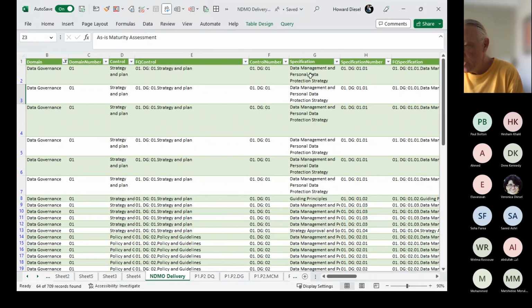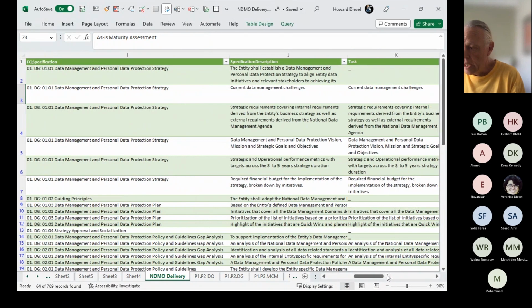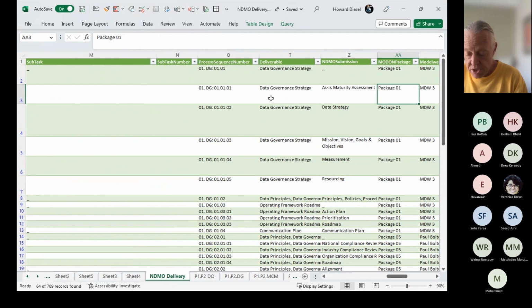These are all the specifications. So you can see this is control 1, specification 1, and it's called data management and personal data protection strategy. That's the specification they have. And remember, I shared with you that it's got those 5 underlying elements that you have to deliver as part of that. And then this is the name of the DMBOK deliverable and NDMO submission.